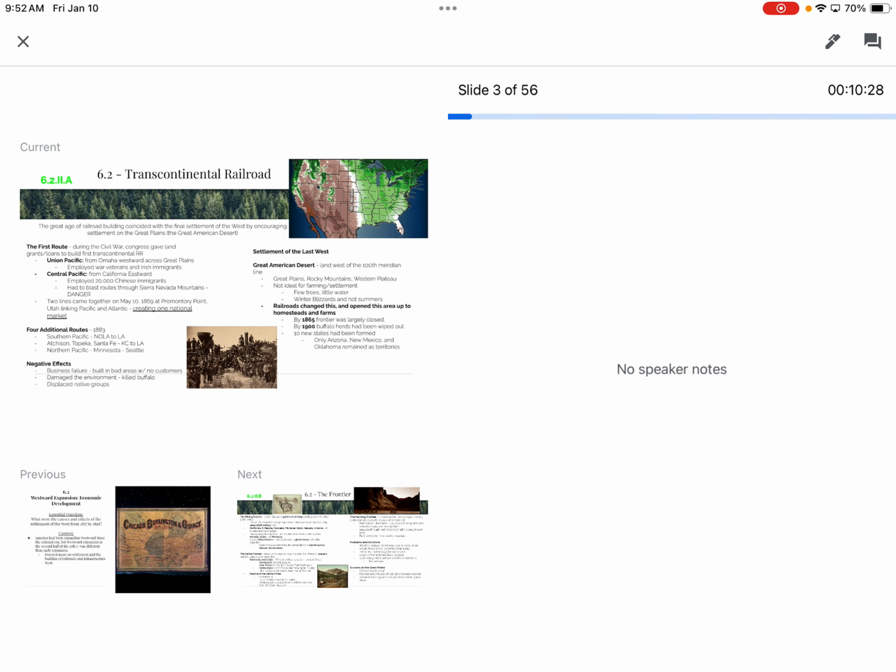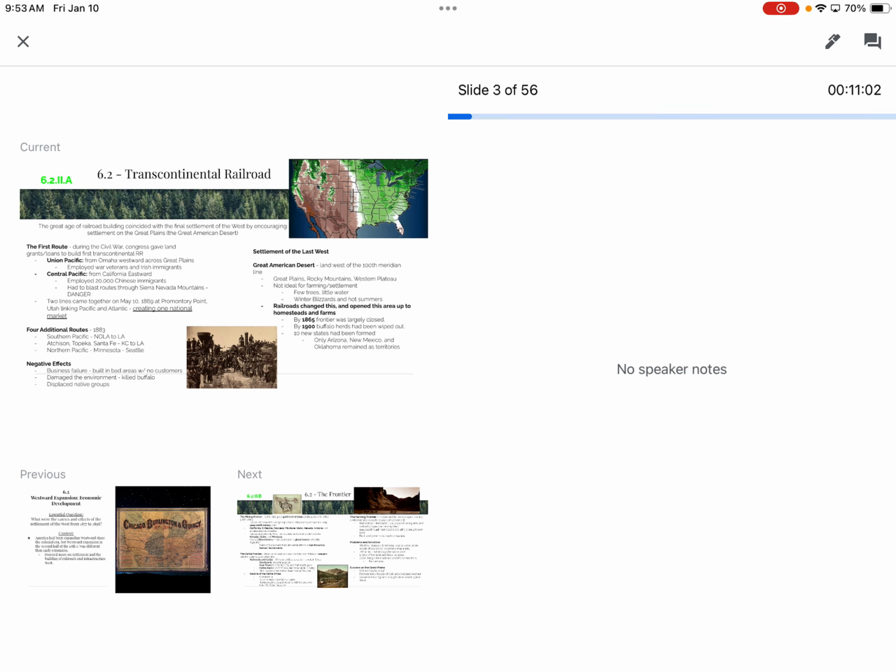But pros, we do see the building of some big cities. What are some big cities that are going to pop up in the West? LA, San Francisco, San Jose, Albuquerque, San Diego. Denver. I was waiting for someone to say Denver. That's one of the first really big cities in the West. Las Vegas in Nevada. Cities like that.